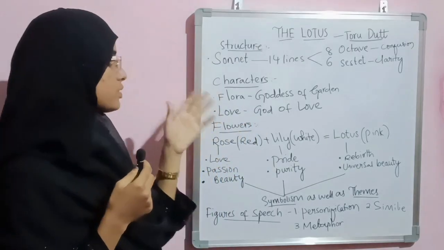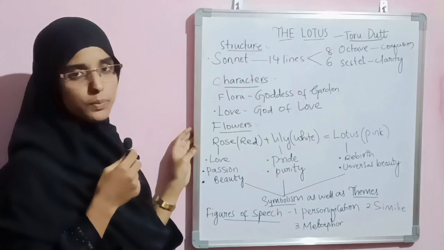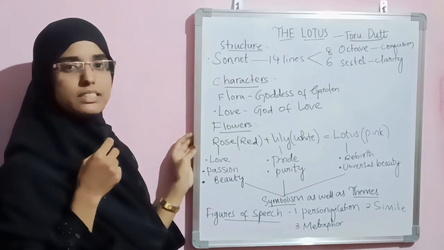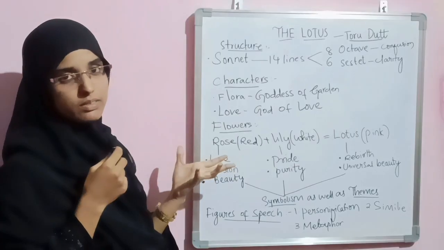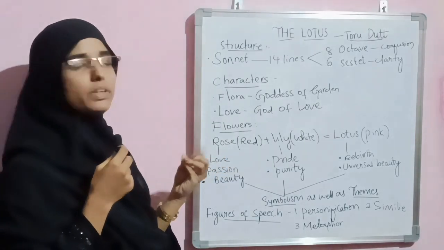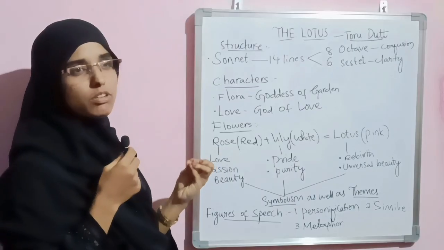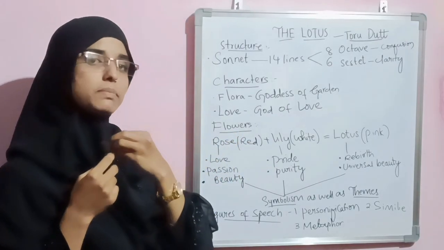He went and asked Flora, see, I want to know one thing. Can you please tell me, because you are the goddess of the garden, you must know the answer. Which is the queen of the flowers? Which is the prettiest flower whose beauty cannot be denied by anyone, and whose beauty can be accepted by all in